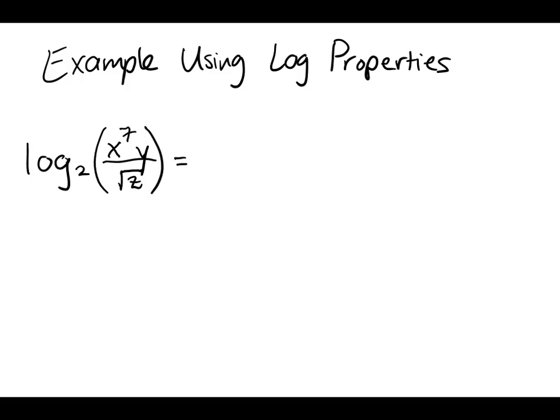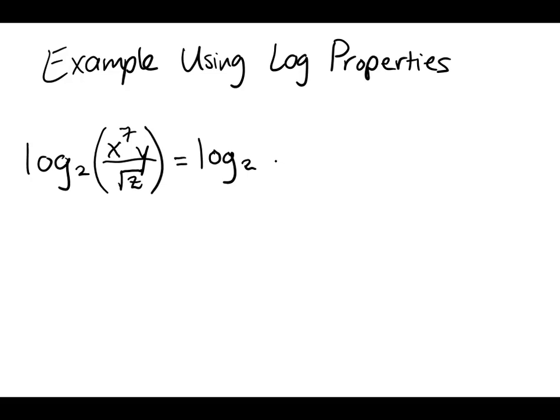In this video, we are going to use the product, quotient, and power properties of logarithms in order to rewrite this expression as the sum or difference of logs. So let's get started. We have log base 2 of x to the power of 7 y over square root